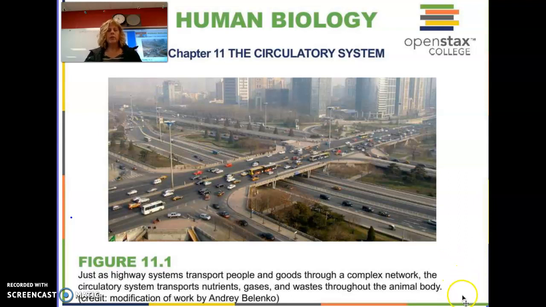It's pretty self-explanatory. But there's a lot of little pieces and lots of stuff that happens with this. And they show this picture of a highway system, how a highway system is responsible for moving things throughout our world and throughout our country. We have this whole infrastructure in our bodies that moves all the needed things from one part of